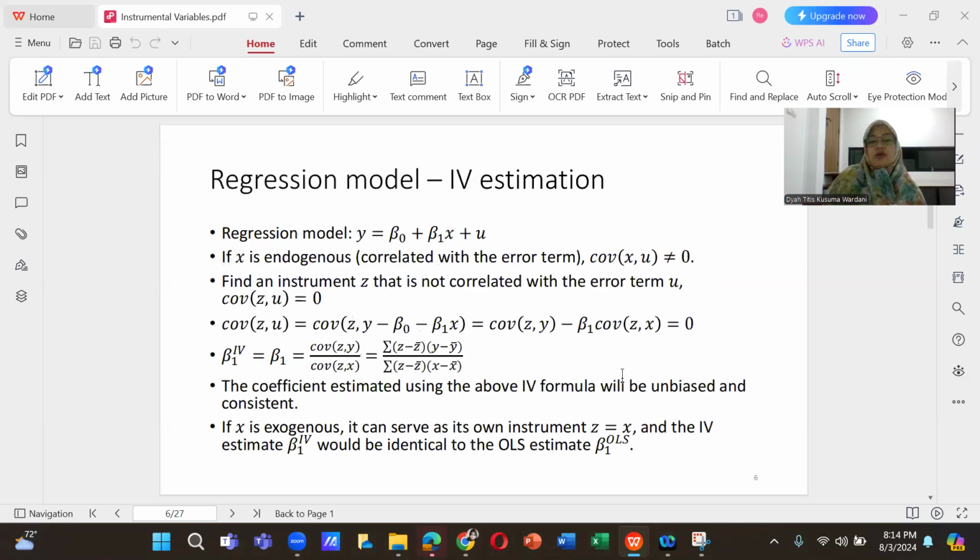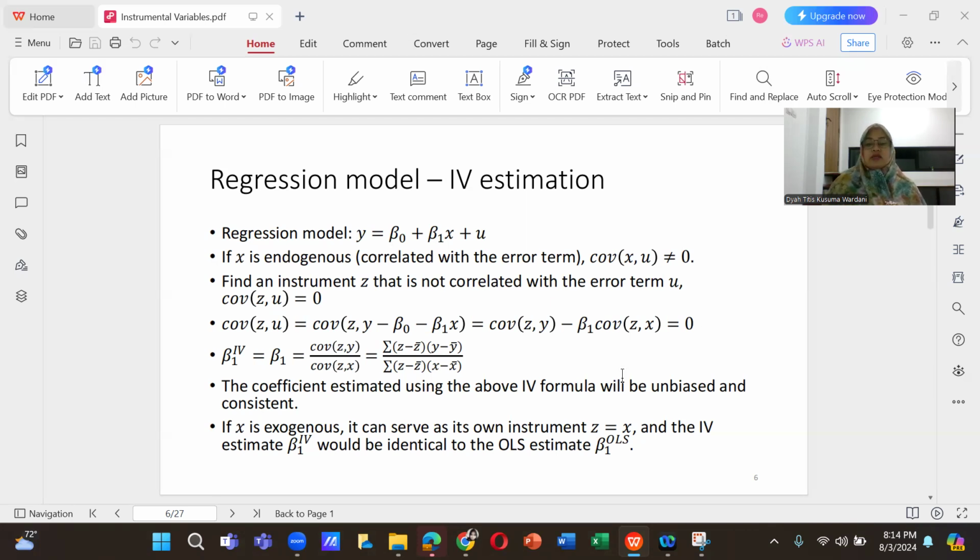Okay, we go to the regression model estimation. Here the regression model is y equals beta 0 plus beta 1 x plus u, where u is the error term. If x is endogenous, correlated with the error term, covariance of x and u is not equal to 0, then find an instrument z that is not correlated with the error term u, covariance of z and u equals 0.